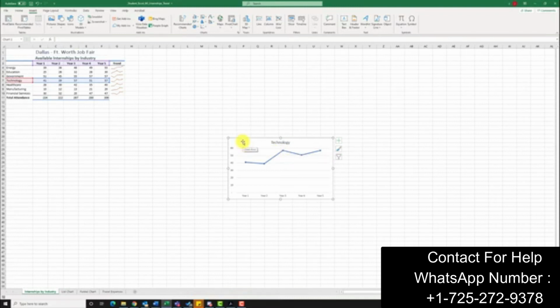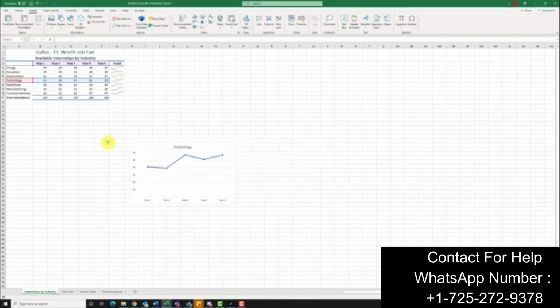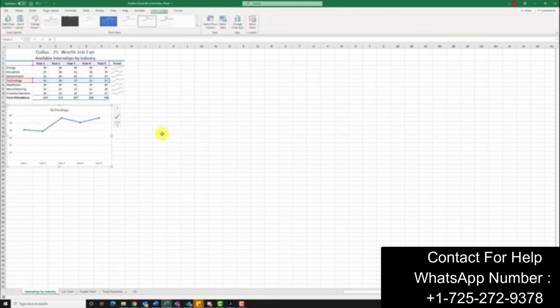So I'm going to put my cursor right about here in the chart area. And notice how I have 4 arrows pointing away from each other. That is my move handle. So I'm going to click and hold. I'm going to drag this so I can put it right up here inside of A13. And let go. It wants us to change the name of the chart title to Internships Available in Technology. So I'm going to go ahead and click on the chart title here. I'm going to take my cursor and click at the beginning of technology. So my cursor is in front of the T. I'm going to type in